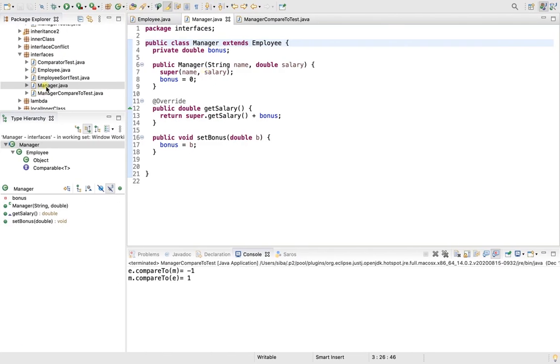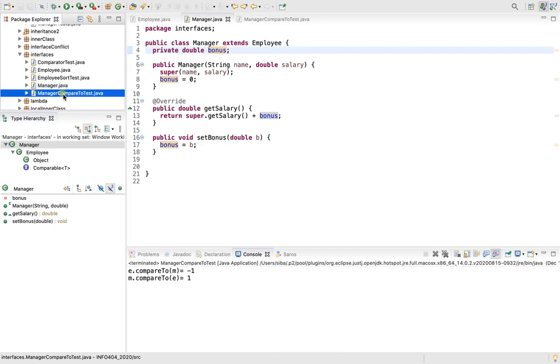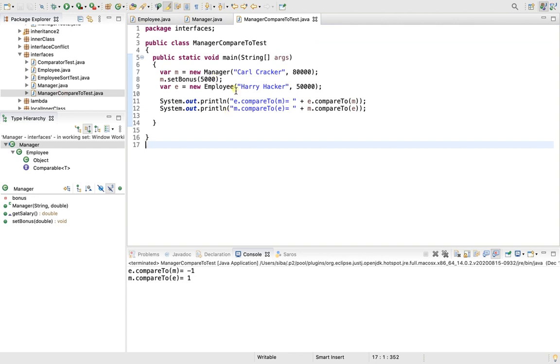Let's see this manager class. Here it is. We have an additional instance field bonus because managers get a bonus, as you know, and this bonus must be taken into account, for example, in certain operations. We go to the manager compareTo test class, in which we have our main and we have a manager, a cracker, and an employee. And here we wrote a comparison, and we will see if